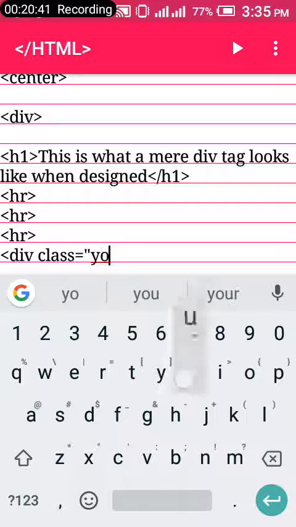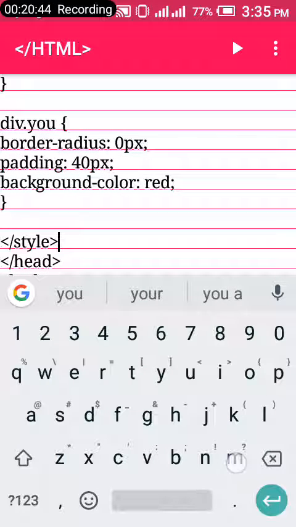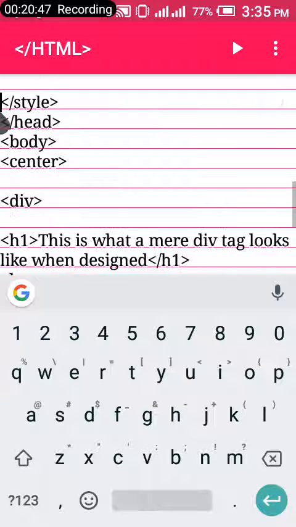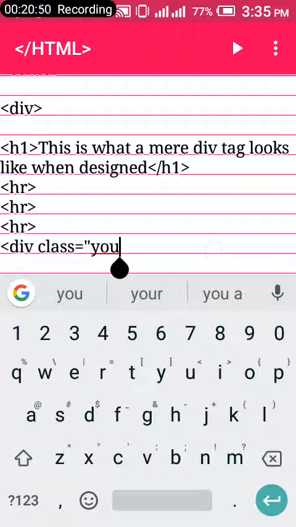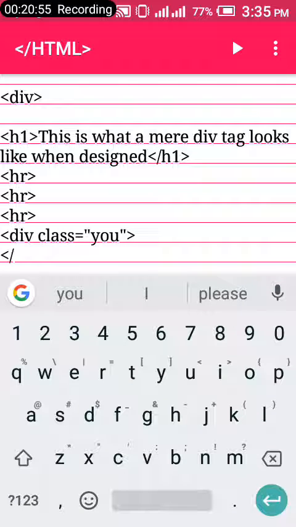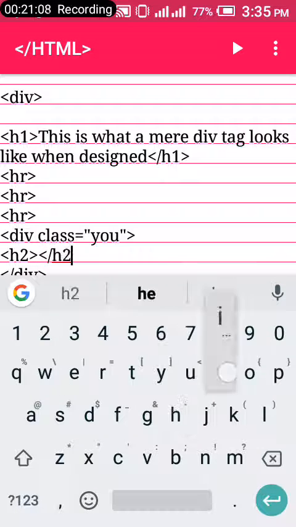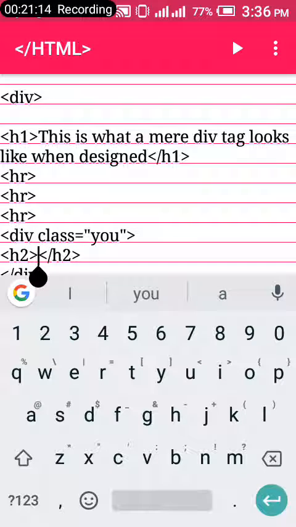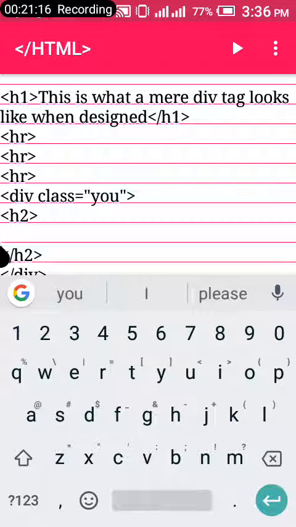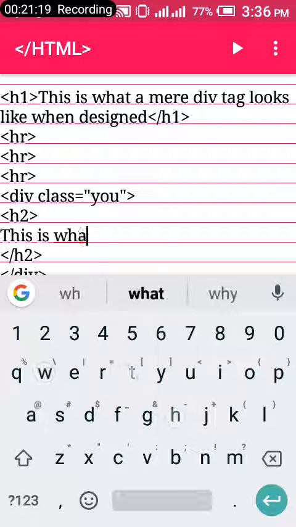So div class u, remember it was div.u. Yes, on this line it's div.u. So let's go ahead, div class u this time around. Add your right angle bracket, so you close the div. You don't have to specify close div class u, just go ahead and close the div. So let's say using the h2 tag this time around, it is the heading 2 tag and the closing heading 2 tag. Right in between the opening and the closing heading 2 tag, give some spaces. So right here you say